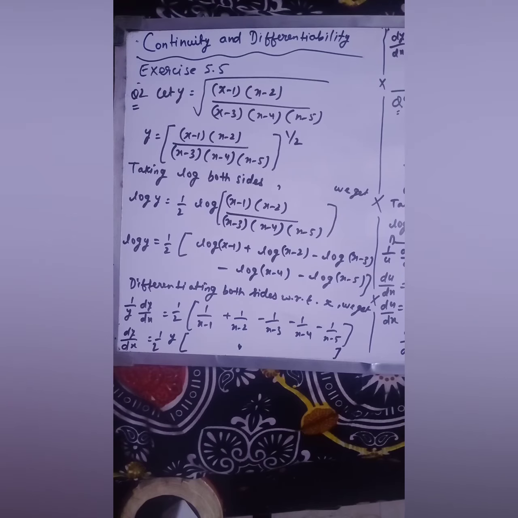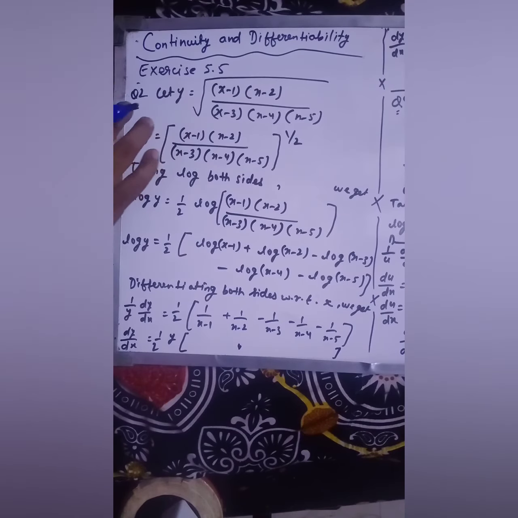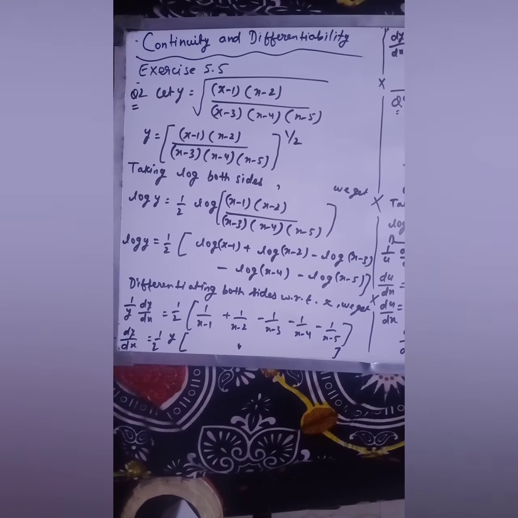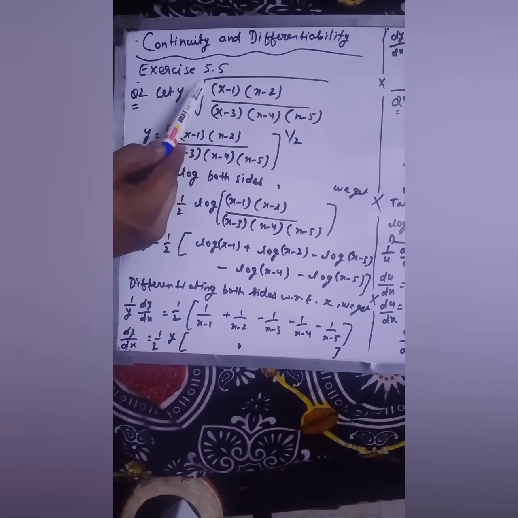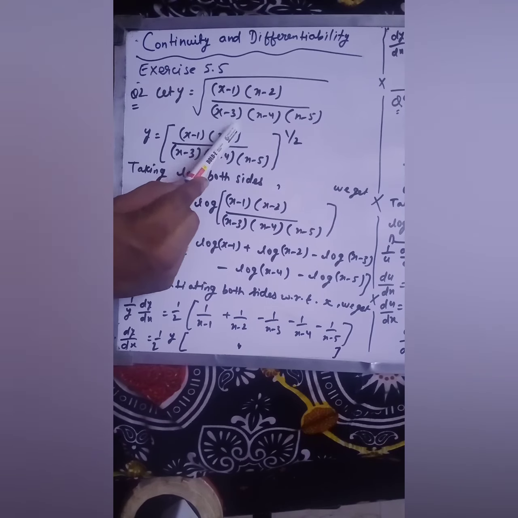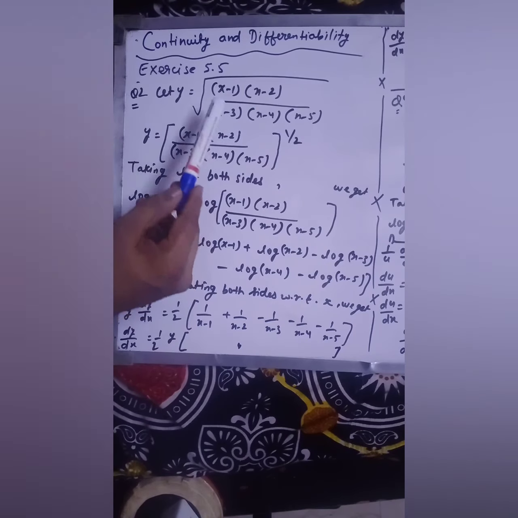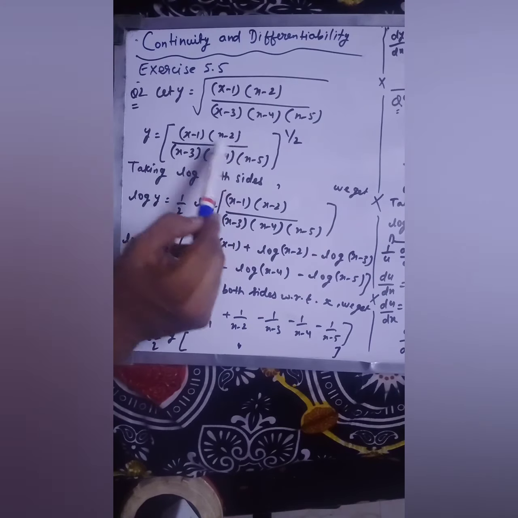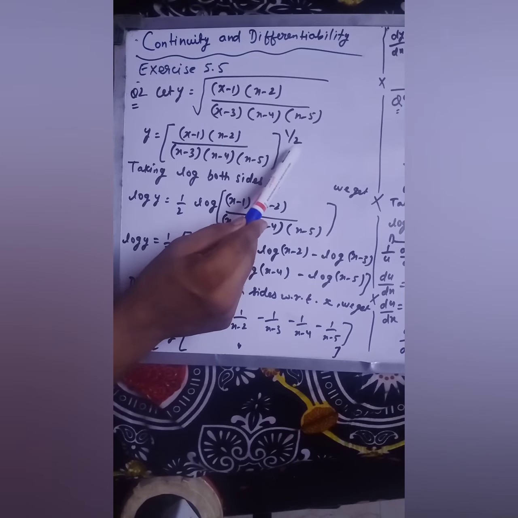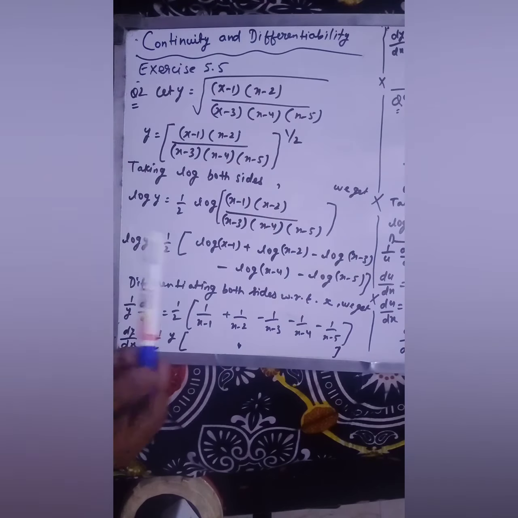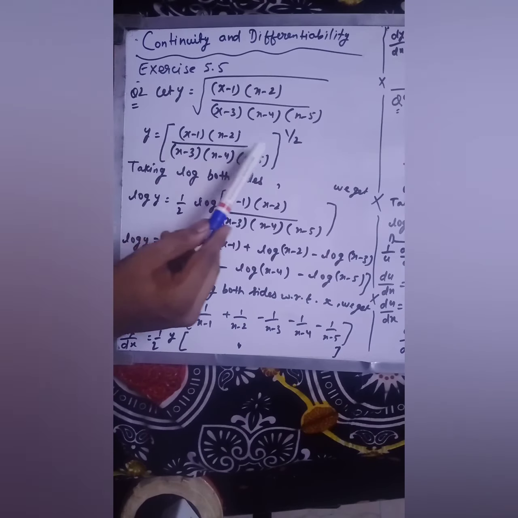Now here is your question number 3. Actually, sorry, this is question number 2 of your NCERT. Okay. See, this whole is given to us. So again we are assuming that it is equal to y. Okay, as usual. Now this root can be written as this whole raised to the power 1 by 2. Fine.